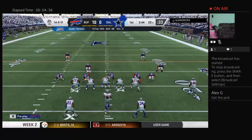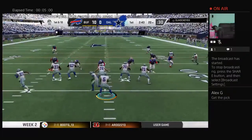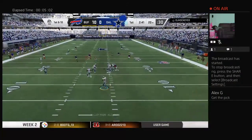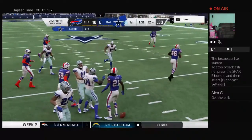About set for this next drive by the Cowboys offense. And on that last drive, they went for it on 4th and turned it over. Good job by their defense, though. They held them to 3, but this offense has got to be a little bit better, a little bit more